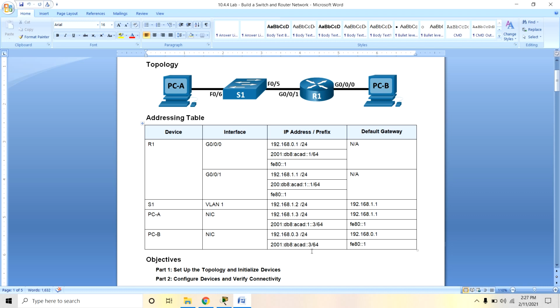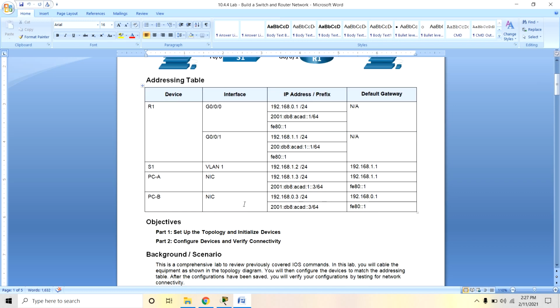In this lab environment you have two parts: set up the topology and initialize the devices, and configure devices and verify connectivity. In the first part you set up the topology, and in the second part you configure devices and verify connectivity.